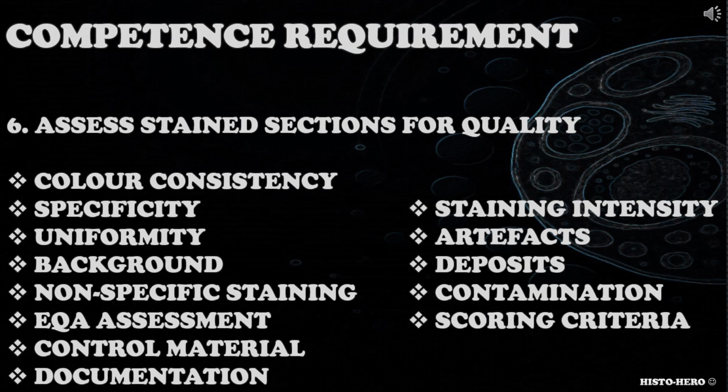The sixth competence requirement is assess stained sections for quality. Candidate should be able to assess quality of stained sections. Does the candidate assess stained sections for quality correctly? Do they take correct steps during the assessment? Do they focus on correct features when assessing quality of staining? Maintain appropriate audit trail? When addressing this competence requirement, candidate could consider color consistency, uniformity, specificity, presence of background, consistency